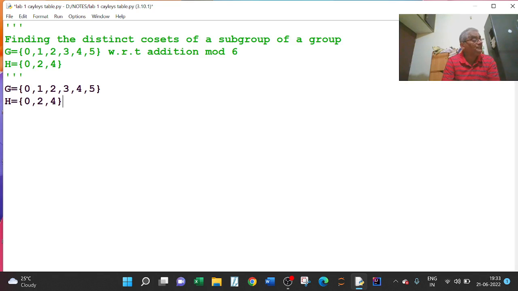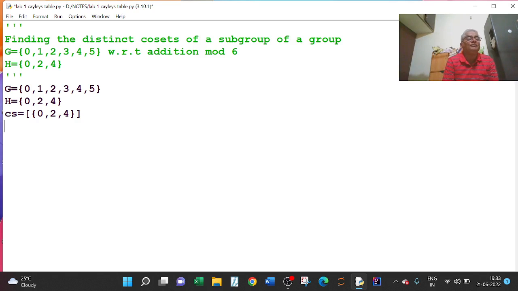This is our H. Then I will make one set here and put it in a list, consisting of H itself: 0, 2, 4, and close the square bracket. Because H is a subgroup of G, H itself is one coset, and I am going to add the distinct cosets.